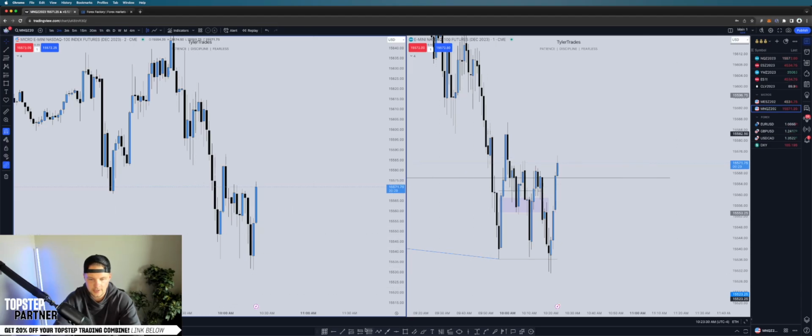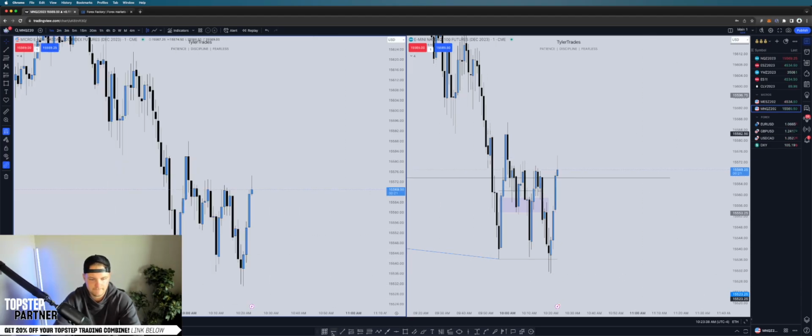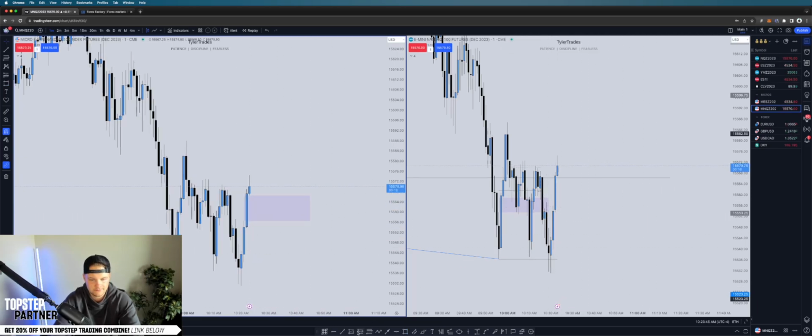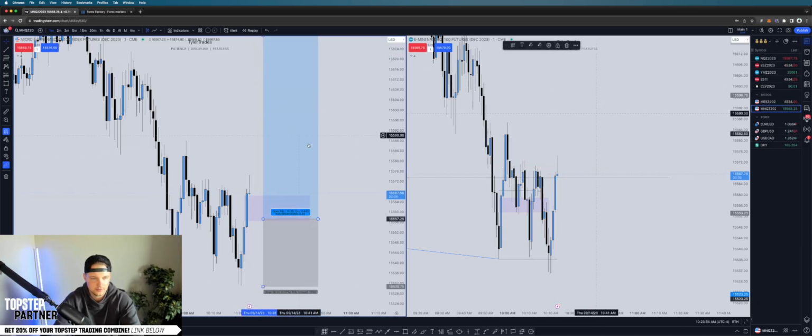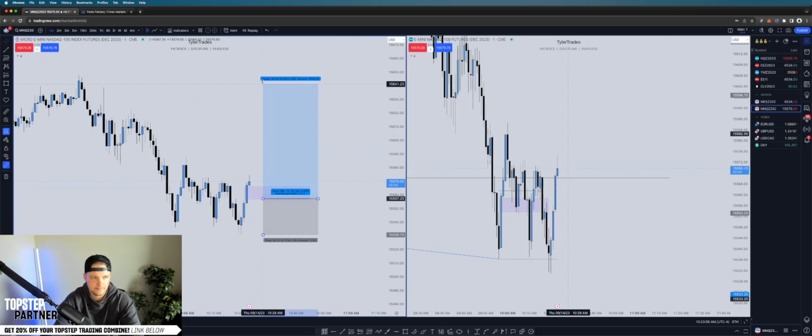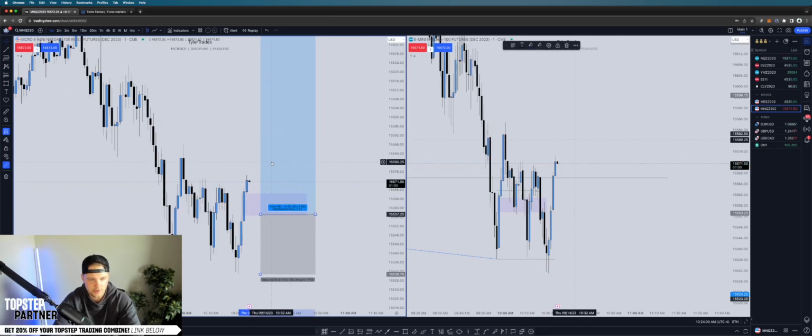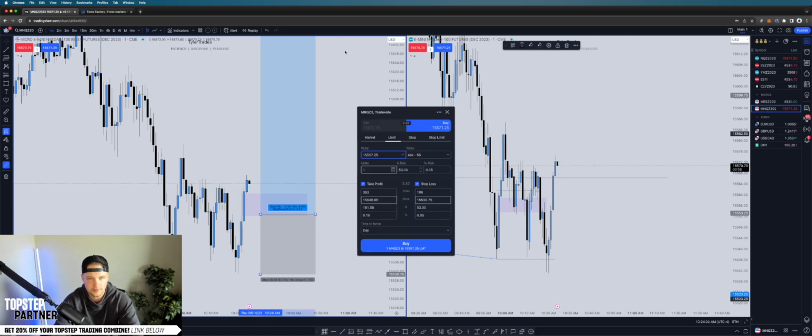Looking good, guys. 1 minute chart. I like this right here. This fair value gap as it aligns with this last 1 minute order block. Oh, stop right below. Okay. Run this up. So we're looking at 26 points there. Create limit order. Probably going to have to do like 9 micro contracts. Yep. Buy limit. I'm going to set it.